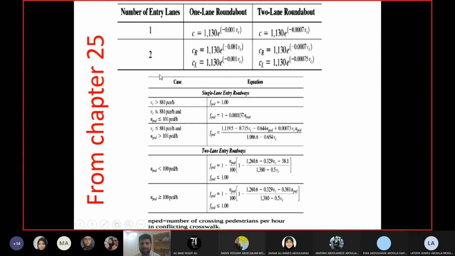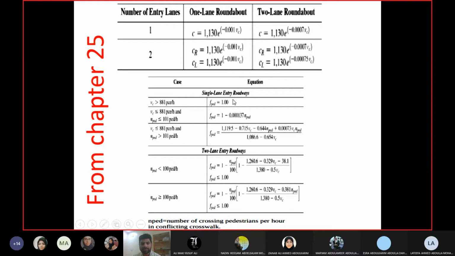Now in Bahrain, we have 3 lane roundabouts as well, but it is not a good practice. It is not a common practice. So we don't have any equations for 3 lane roundabouts. You may have to go and find out your own delay using some field measurements. Once you find out the capacity, the capacity must be multiplied with an adjustment factor for pedestrians. If pedestrian crossing is allowed from that side of the roundabout, then you need to multiply the capacity with the pedestrian adjustment factor. So these are the equations for pedestrian adjustment factors.